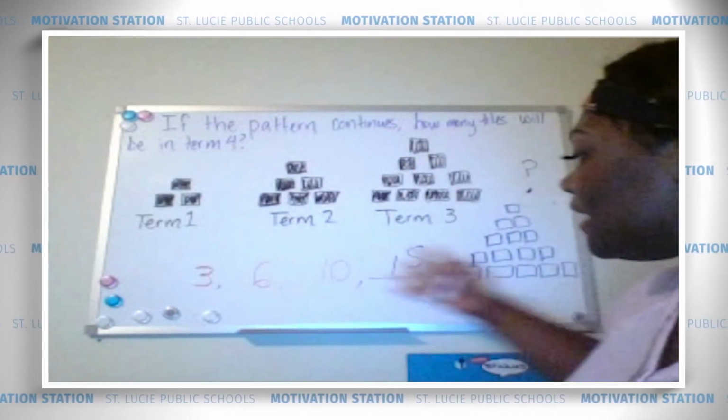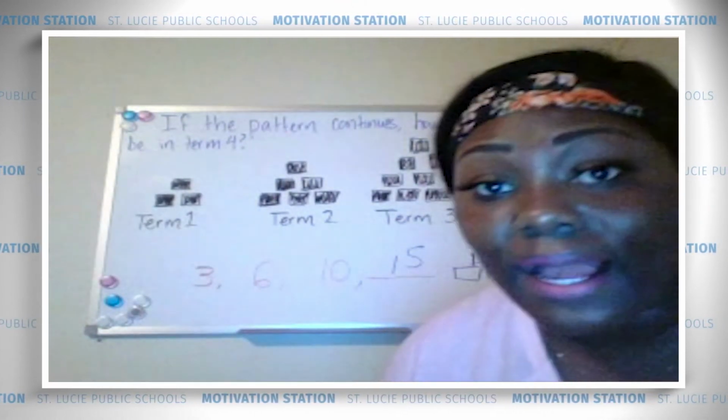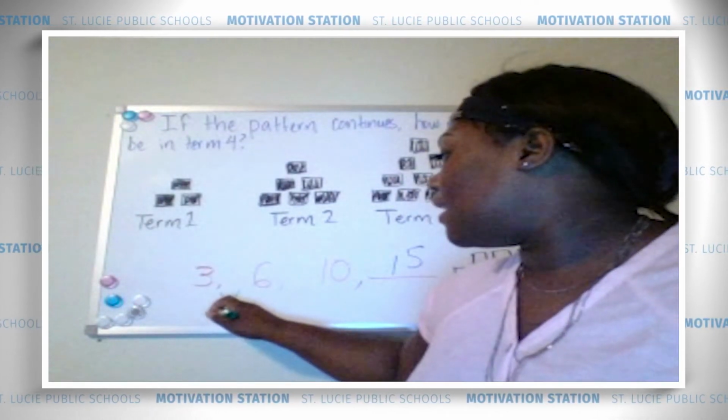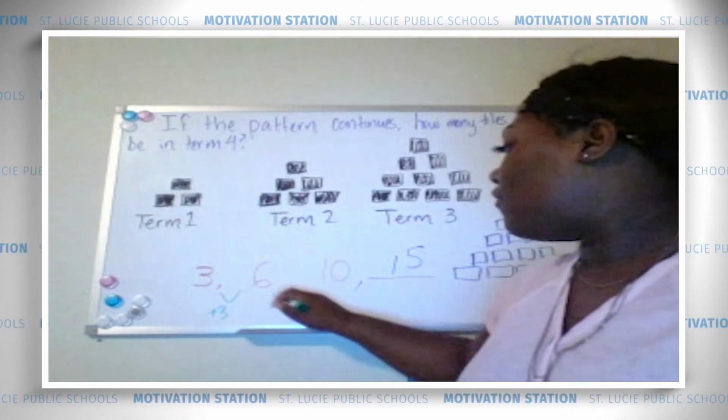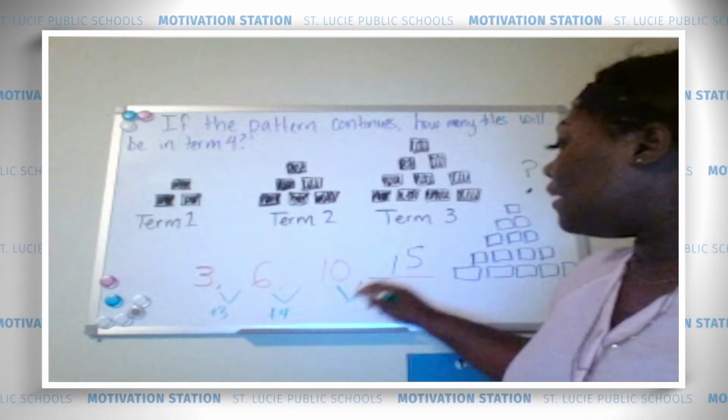Now I just want to take a look at these numbers and see how many each term increases by as we move across. So from 3 to 6, that's plus 3. From 6 to 10, that's plus 4. From 10 to 15,